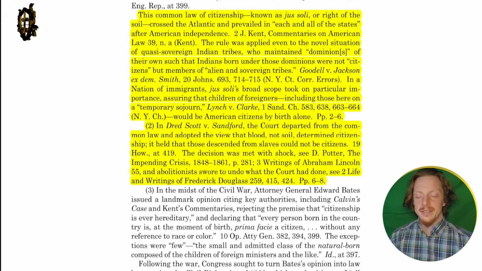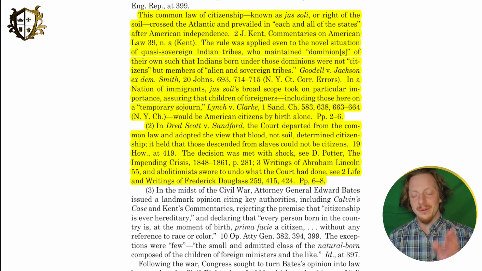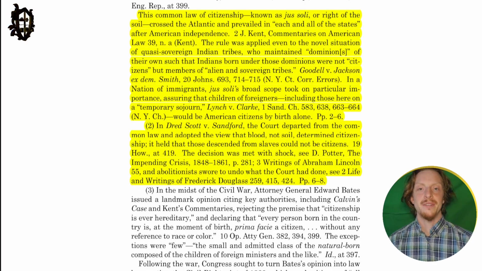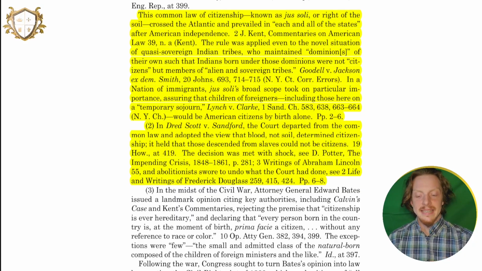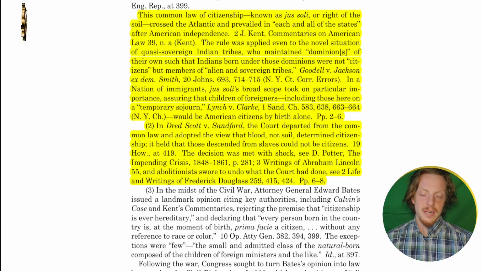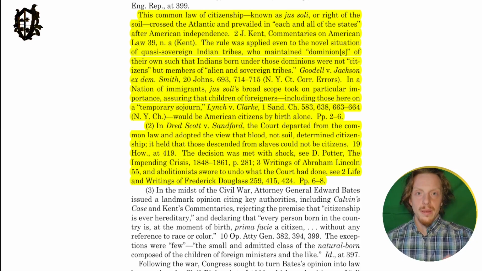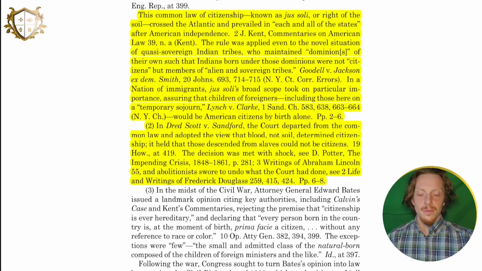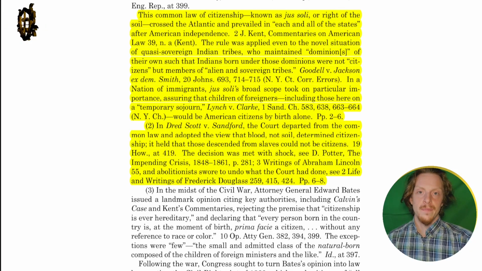Because you have to realize, I'm going to go on one more tangent here and then we'll get back to the case. Jus soli was used by the king, by the magistrate, to get more subjects, to get more slaves. Jus soli, in this instance, presumes that it's a good thing to become a citizen, when its inception was solely based on so the king, regardless of the status of the parent, would immediately gain authority and power and be able to subjugate